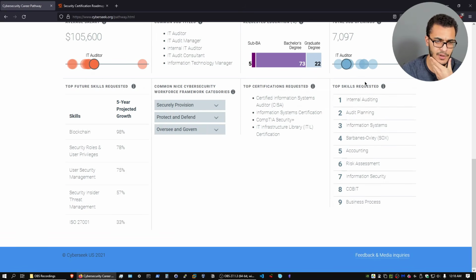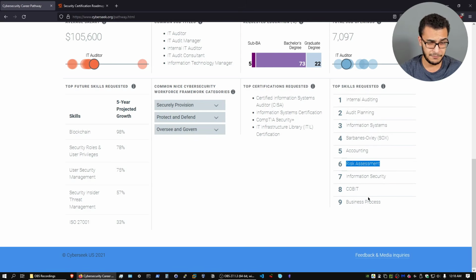As for the skills requested, you need to be able to perform internal auditing, vulnerability analysis. You need to be able to set up a vulnerability management program. You need to have a good experience or understanding of various compliance standards. So, SOX, you can see that the SOX compliance standard is here. And of course, this is primarily the case for the United States.